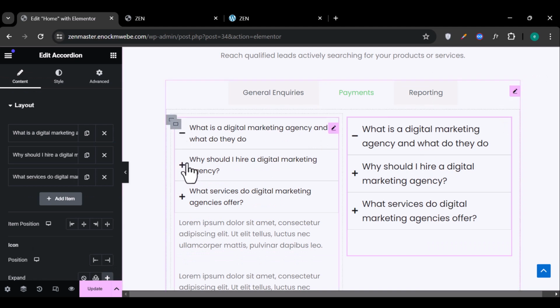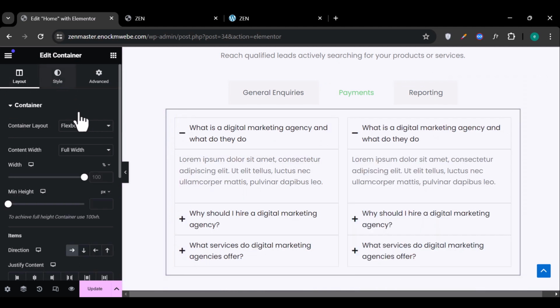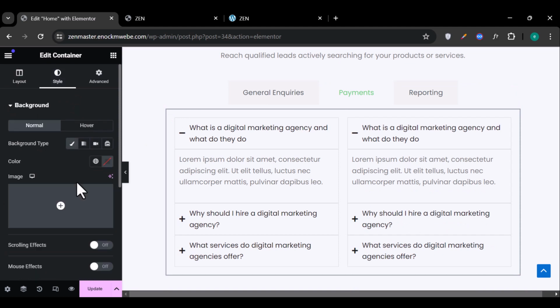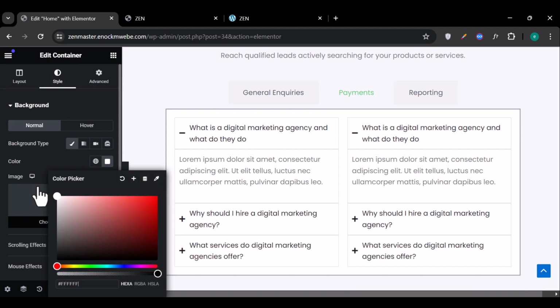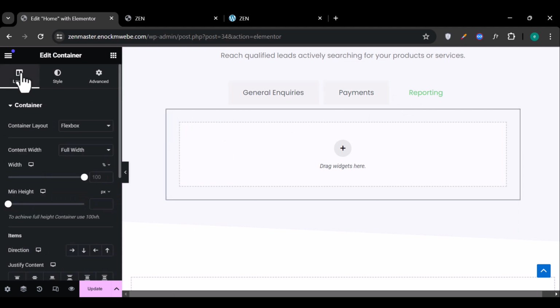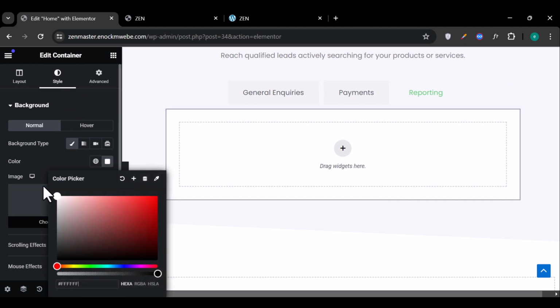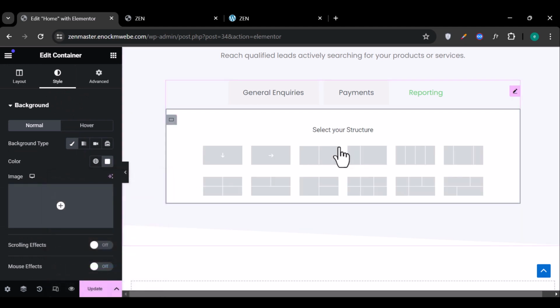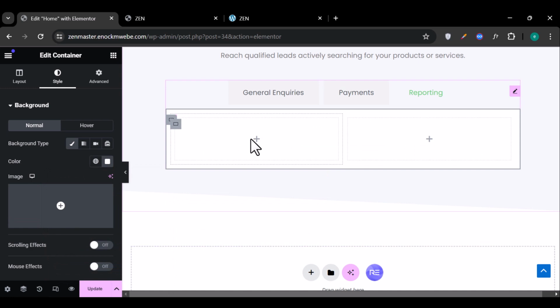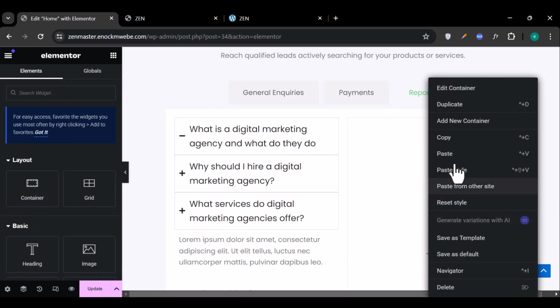Okay, and once you're done, you click on this outer container and just make it white, just like this. So you can still do the same thing for this container right here. So the very first thing, you can also make this background white by clicking on background under style under white and make it white. Sorry, make it 2 columns, and just paste in those widgets and add respective